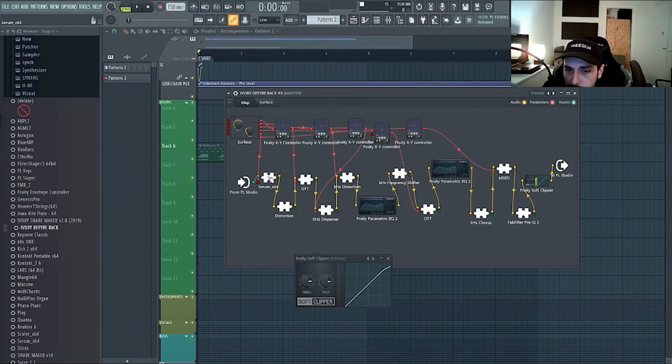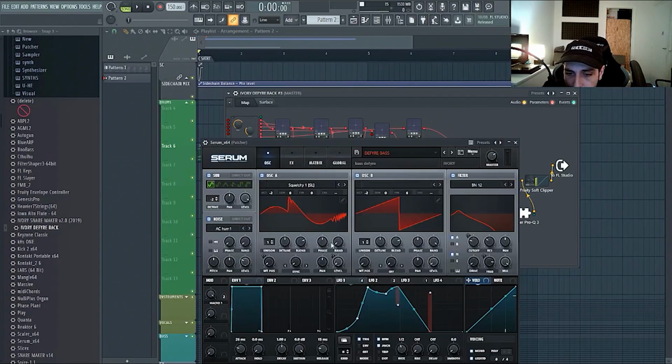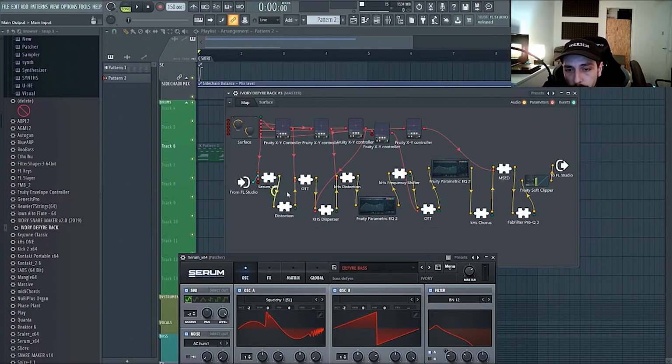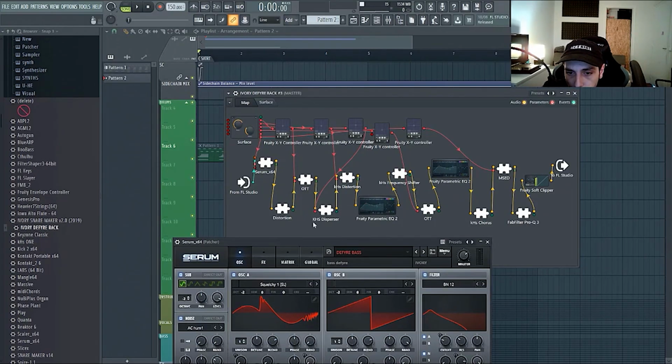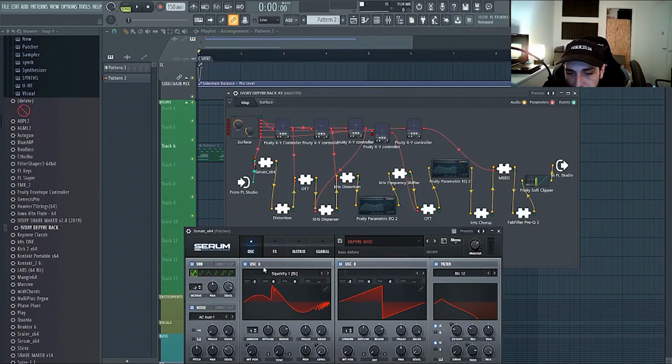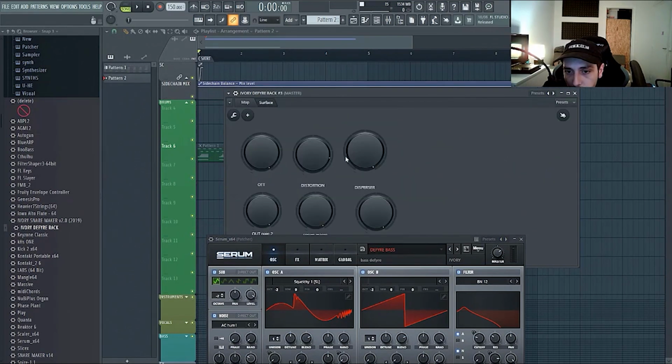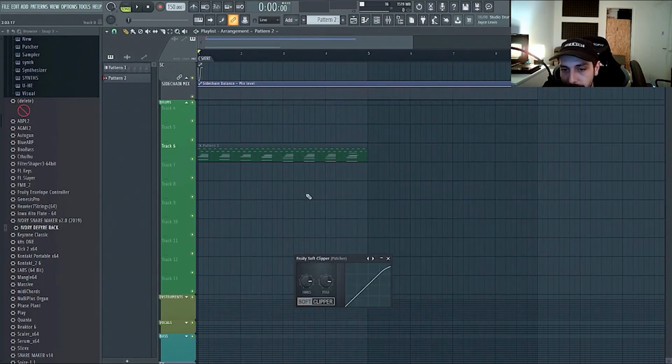Now you can go inside the patch and change any parameters to change the sound, or even change the patch directly. But I recommend you do some soft processing first, especially if you want to change the preset, because all the distortion and compression are going to react differently depending on the incoming signal. That's also why I have those knobs here to control the amount of everything. So if I change my patch, I still have control over how it is distorted and how it is compressed. So yeah, that's it for the patcher tips and